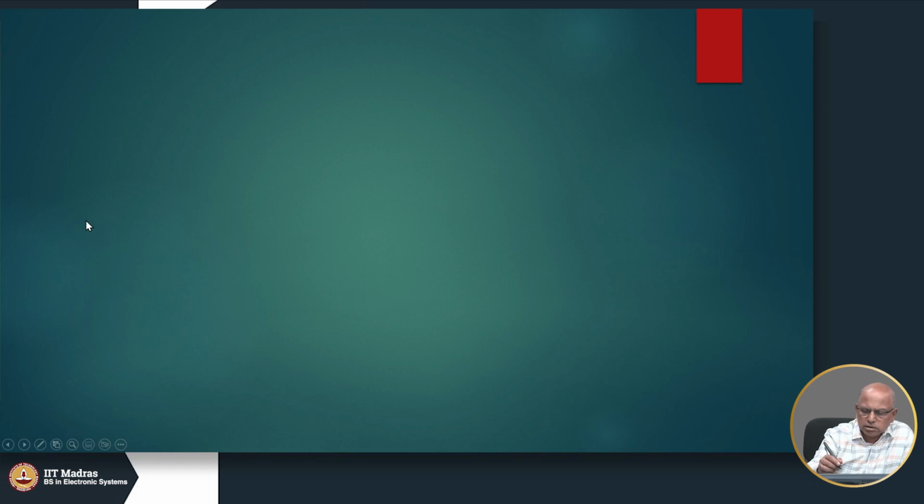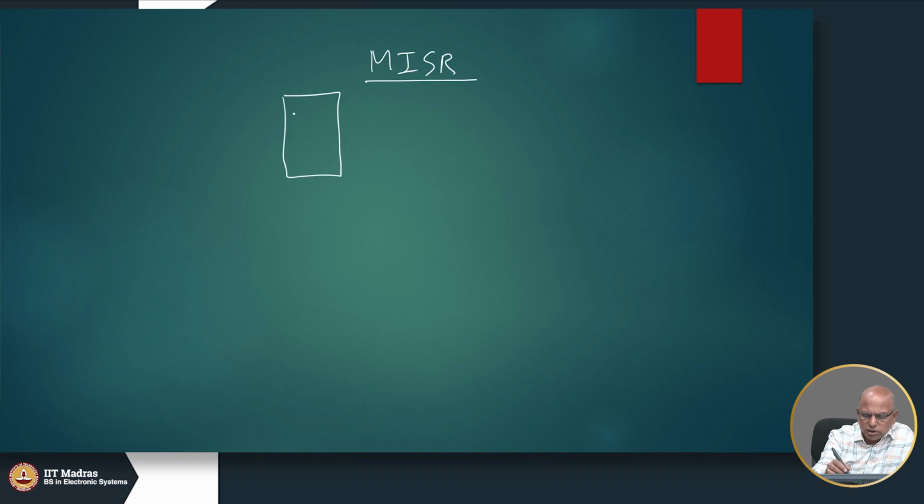Now we'll take what is called a multiple input signature register. As the name itself indicates, such a signature register will have not one input but many inputs, and m is the number of flip-flops. So it will have m outputs, and it has many inputs. So how do we build such a thing? We could take our shift register,